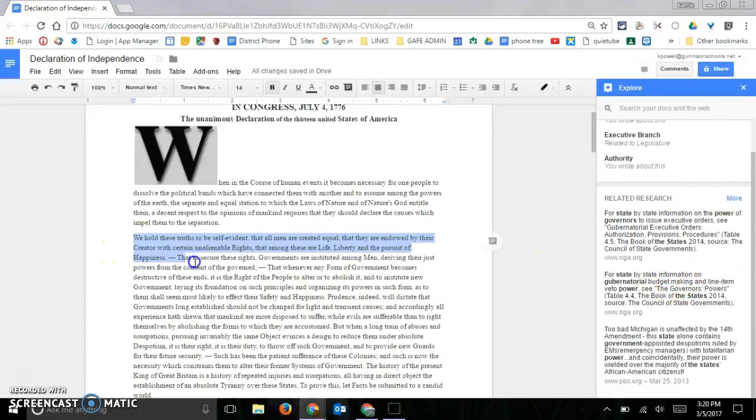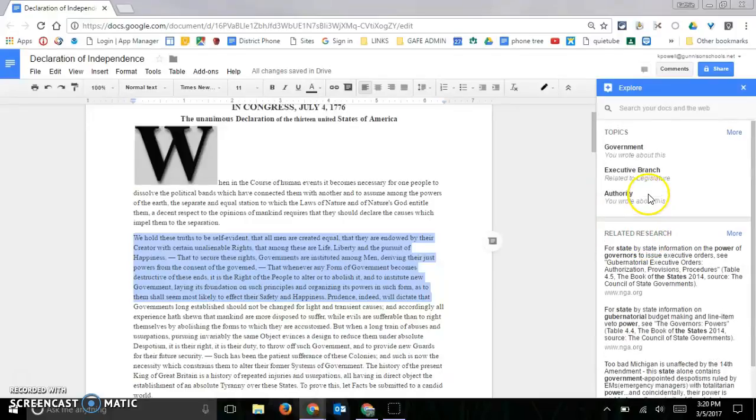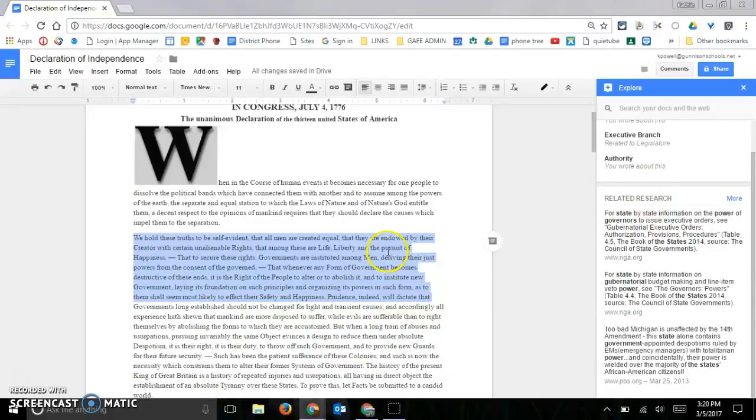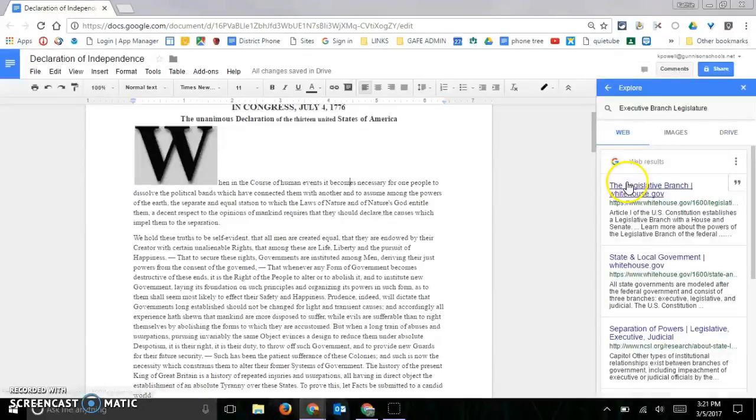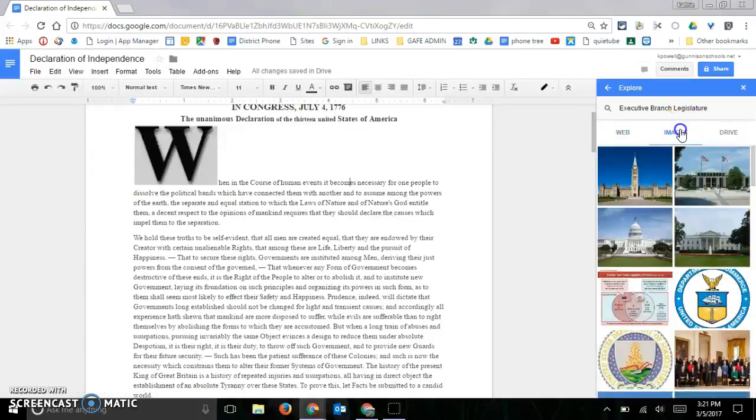If I go ahead and highlight a section, it's looking to see if it finds anything different, but it's still looking for the information out on the web that relates to my document. So now if I were going to go ahead and do a report on possibly the executive branch, it's right here. Now I can click it and it's going to bring up all this information from the web and images,